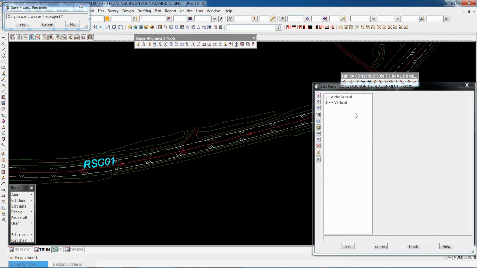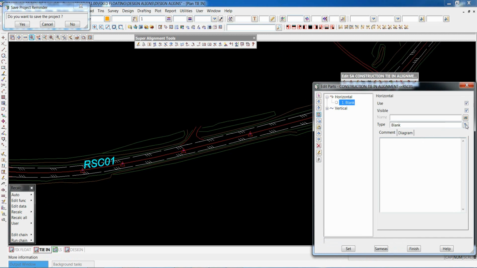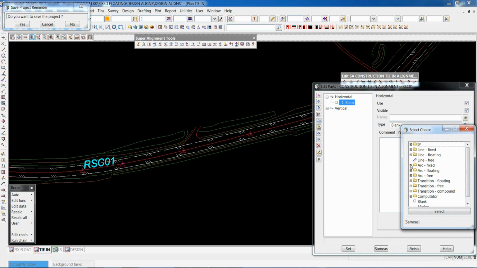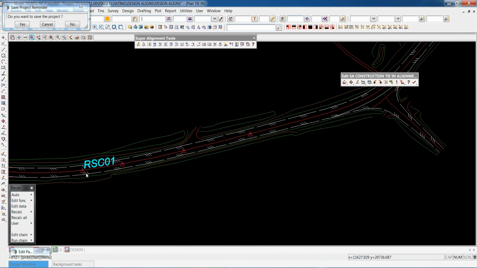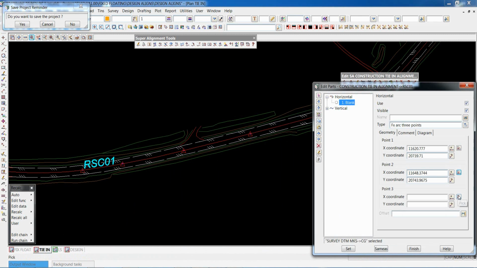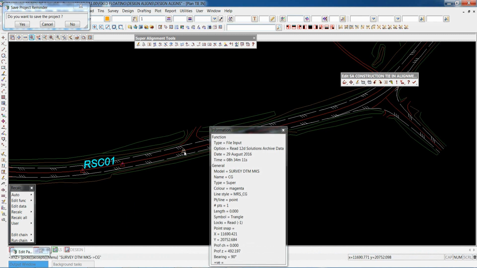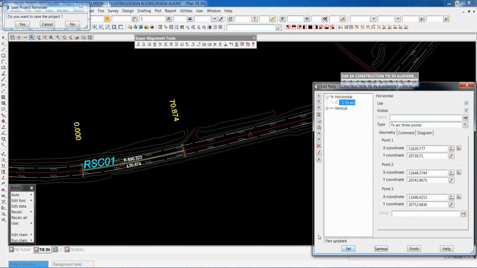So now element part, go to horizontal, and we're going to select arc fixed. We're going to go 3 points. So it's going to pick these 3 points. And there's just 3 points on the survey, points that you can generally move around and adjust, but points that you would think would represent the curve. Again, being a fixed element, it's able to be solved on its own. So if you did finish your alignment string, then that would be your alignment.